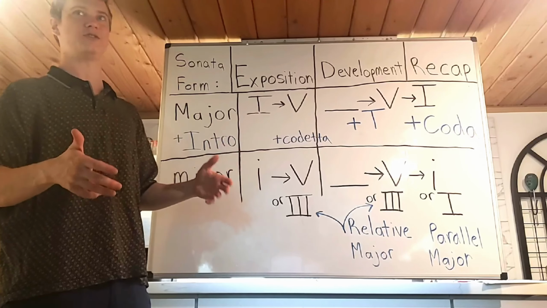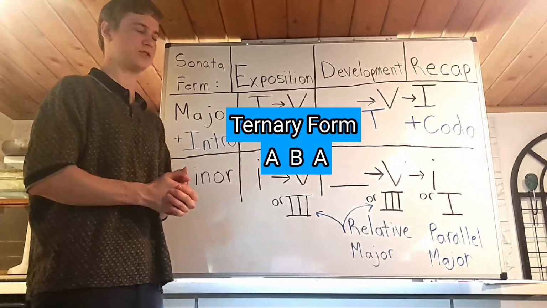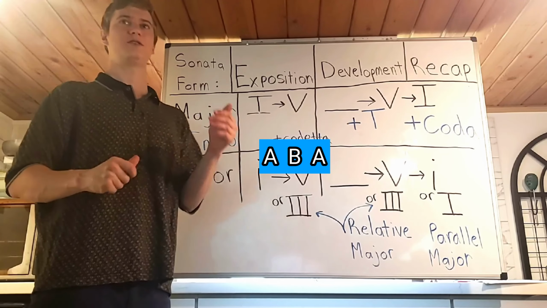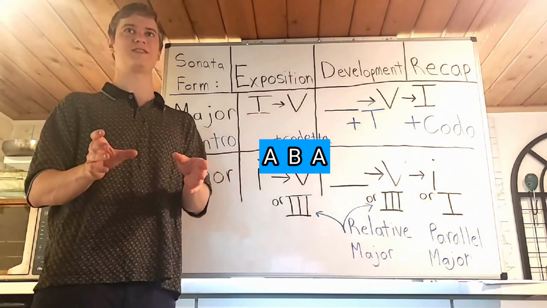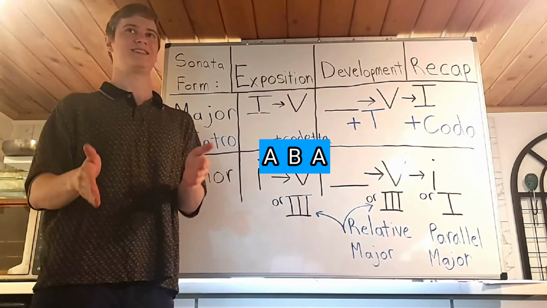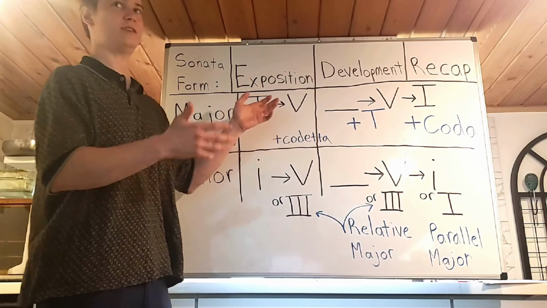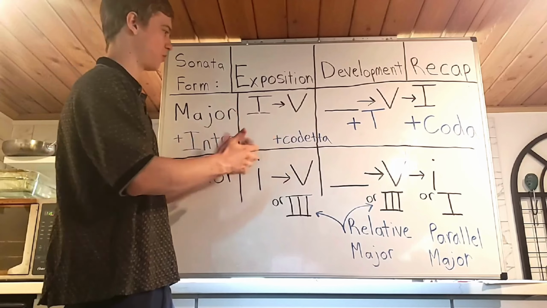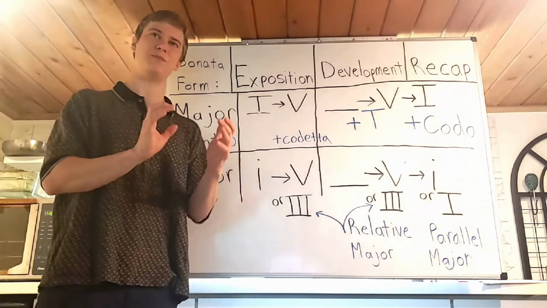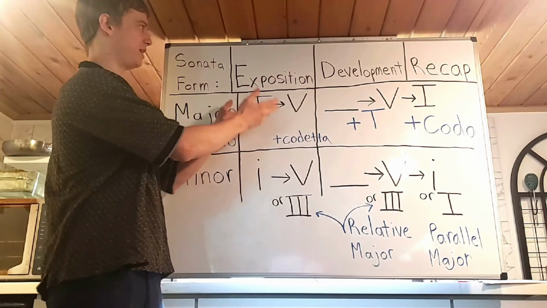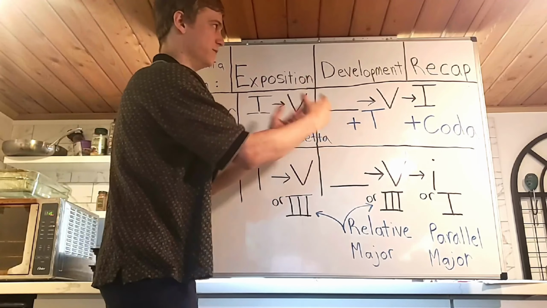One thing to pay attention to is the overall ternary form of a sonata form, which is known as an ABA form. So you have section A, which then clearly goes to section B. There's a clear difference, and then that clearly goes back to section A. Ternary form, and we can see that's basically what we're doing here in the sonata form, just in a much more structured way, which actually allows more of a containment of the ideas and material that the composer is going to first present and then develop and